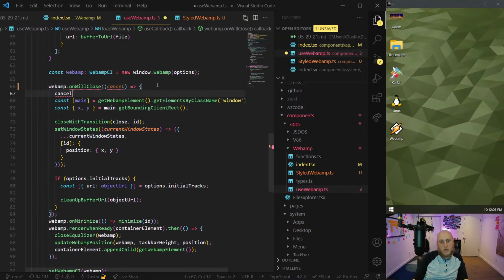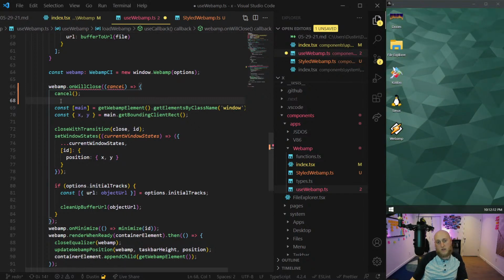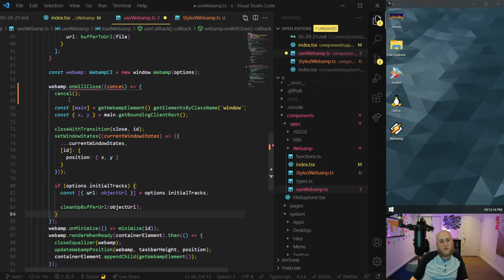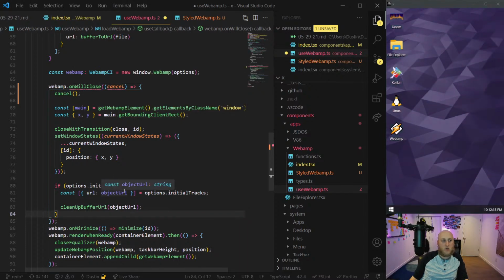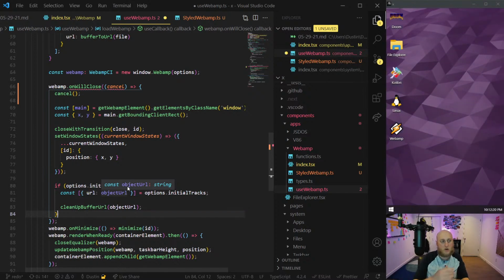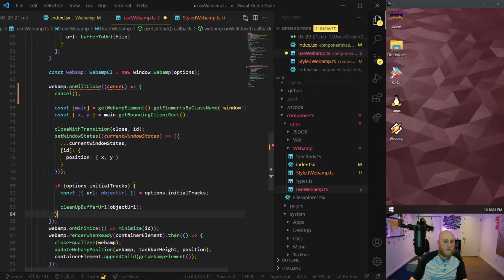And basically we just have to run the cancel function first. So I want to tell Webamp, hey, don't you close yourself. I'll do that. And then this stuff here was already doing it. So there was a little bit of repetition. By catching it at on close, Webamp itself had already started some kind of closing initiation process that I was a little too late to stop.